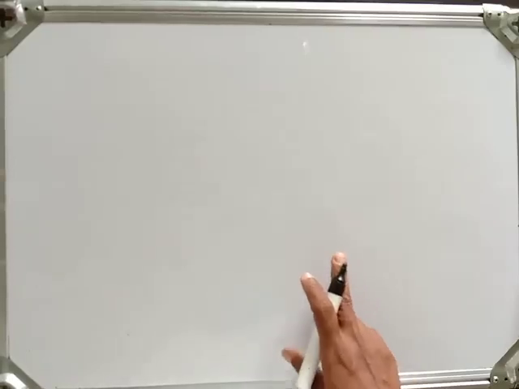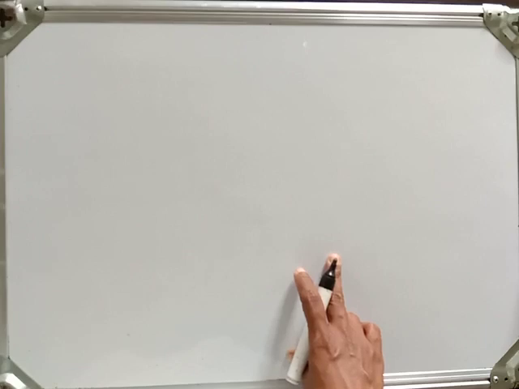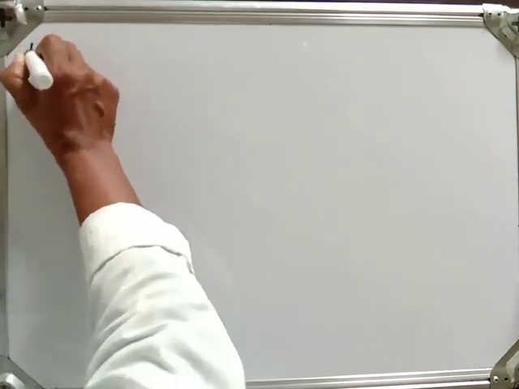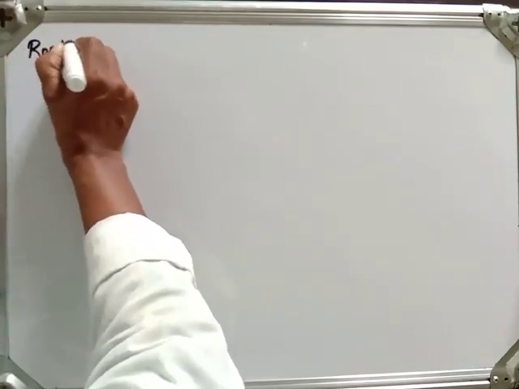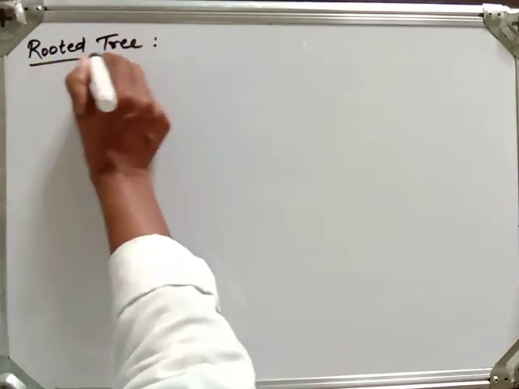Hello students, in the previous video we have seen the definition, examples of center of a tree, diameter, radius and one theorem related to the number of centers in a tree. Now in this one let's see first of all rooted and binary tree. What is a rooted and binary tree? So first, rooted tree. What is a rooted tree?